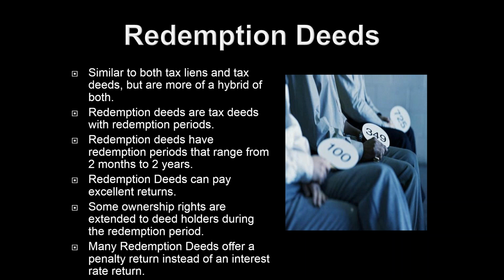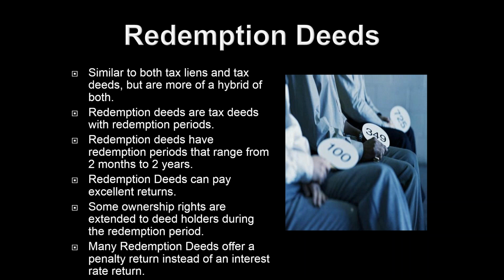Georgia has a 1-year redemption period. And so both Georgia and Texas are redemption deed states that have tax sales every single month. So every month on the same day, they're going to have their tax deed auctions. And so once you understand how redemption deeds work, it's not so confusing. It's essentially a deed, but the property owner has that chance to try to redeem the property, but you pretty much have property ownership during that time frame.